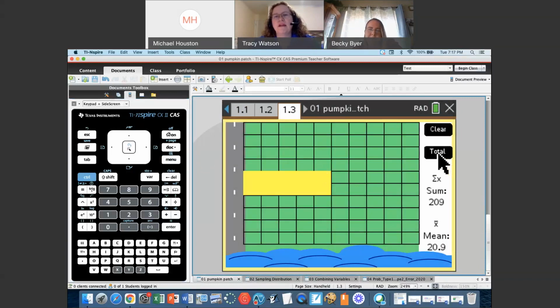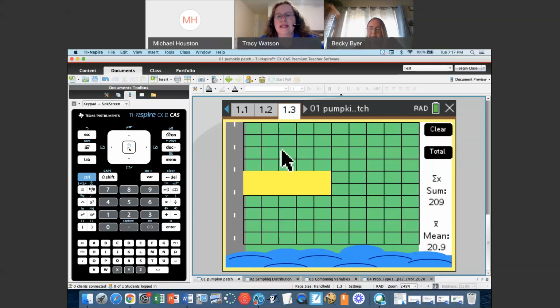I'll tell you, one of the things that I really like about this, I've done something similar, but with a worksheet where all the numbers were there and they did the work on the side, and they had a lot of, I call it the grunt work to do, a lot of the calculations, the adding them all up and calculating the mean, which is not hard, but it takes away from the process of learning the different sampling methods. And so I like that this piece of this type of activity is taken out of the hands of the students so we can focus on the sampling methods and have good discussions around that.